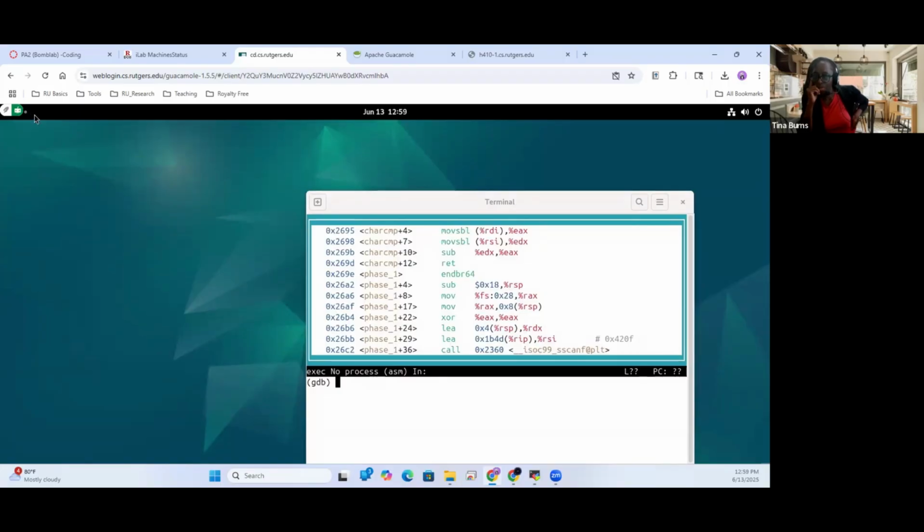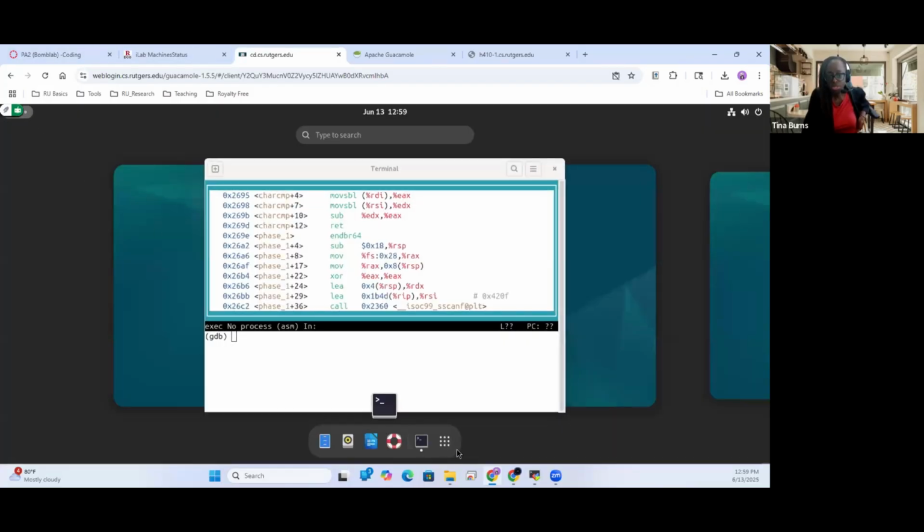So I will say that I believe that the cheese servers are a little bit faster than the one that I am on now. I think I'm on the CD server. If you go to one of the cheese servers, it might have a little bit of a more rapid speed. So just keep that in mind for your reference. Meantime,